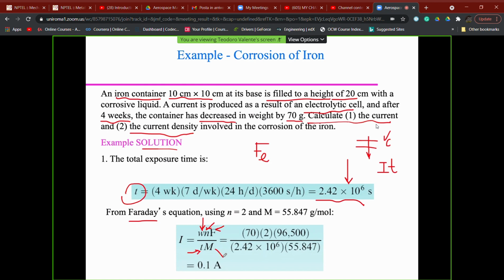The molecular weight is expressed in gram per mole, and this is also reported in the periodic table. Just making this simple calculation, the answer to the first question is very easy: it is 0.1 ampere, and this is the current. Now, if we want to convert, and this is the real reason to have the value in terms of current density, because current density is the unit of measurement of our corrosion rate, again, because we can